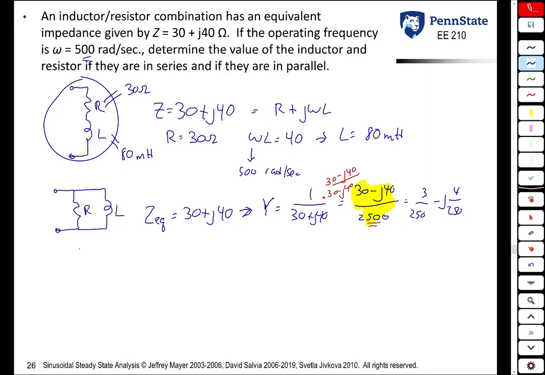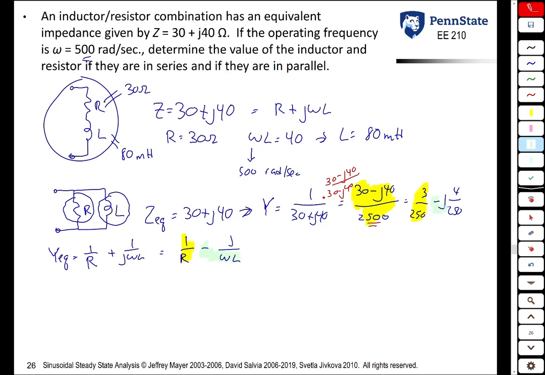So to solve for R and L in this case, let's think about the equivalent admittance here. Y equivalent is just the admittance of that plus the admittance of that. The admittance of a resistor is just its conductance, so it's 1 over R. The admittance of an inductor is 1 over its impedance, or 1 over j omega L. Remember, admittances in parallel add. Of course, 1 over j omega L we can rewrite as minus j over omega L. And this is now in the form that we can set equal to the expression above,